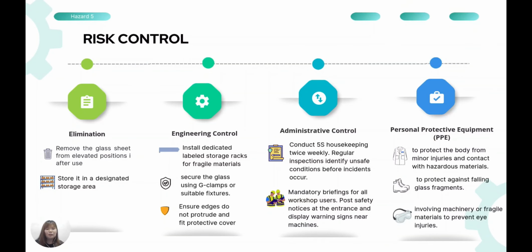The first is elimination. We must completely remove glass sheets from elevated positions after use and place them in a designated storage area. Next is engineering control. We need to install a dedicated rack and secure any use with GFM. Next is administrative control. We will conduct tri-weekly 5S housekeeping and mandatory briefing for all workshop users. The last is personal